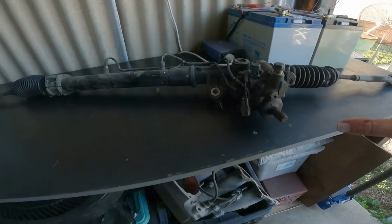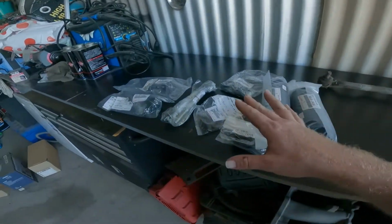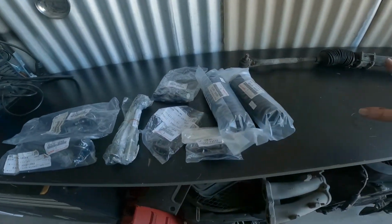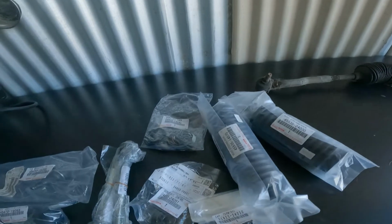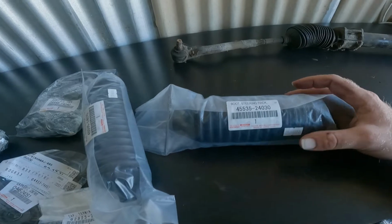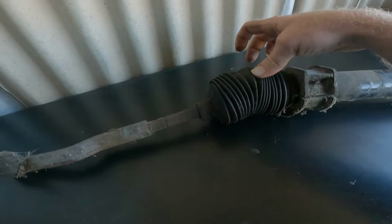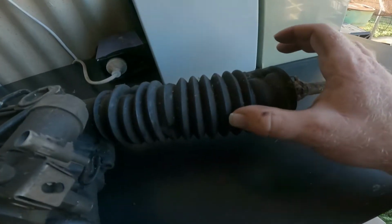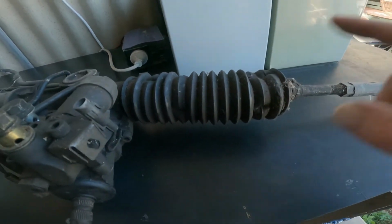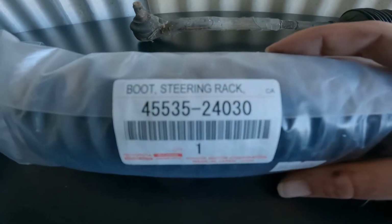But we are going to rebuild this, and here are all the parts that I need. Hopefully I don't need any more, but we'll give you some part numbers. So your banjos, your bellows, these rubbery things. Actually these ones don't look too bad. They look like they're quite savable, and I'll clean them up and keep them, but I'm going to replace them anyway. So your boot steering rack, that's your number,